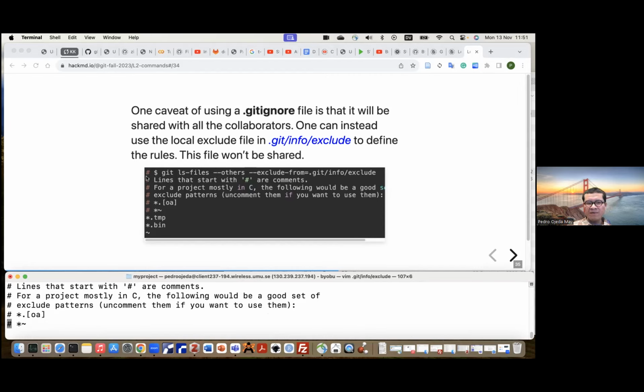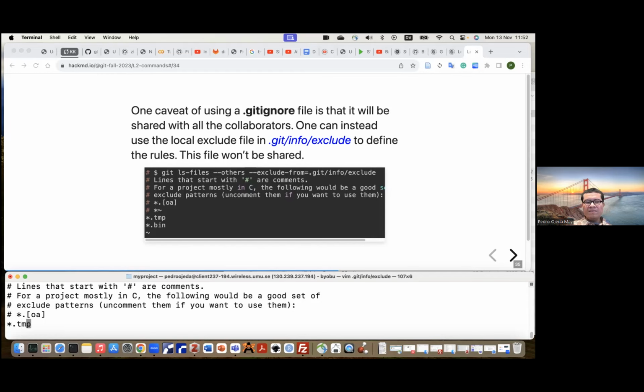The hash symbol is a comment, and the rules start just when you don't write this hash symbol. So I will write a rule in my git info exclude file, for instance, the following rule: everything that starts with some strings and ends with the